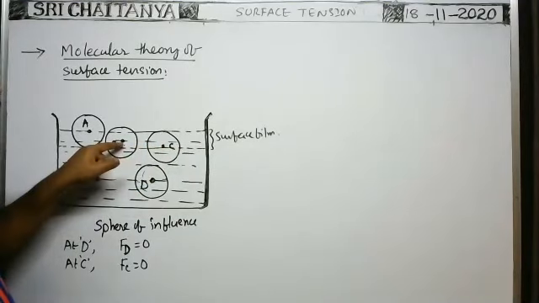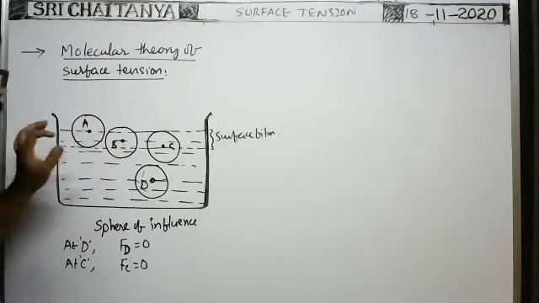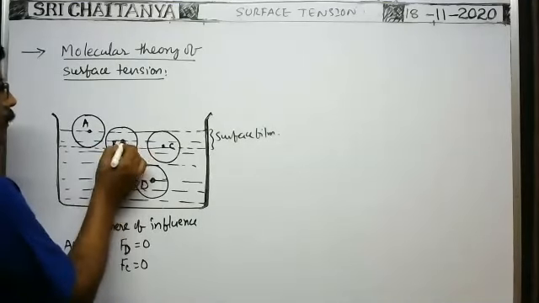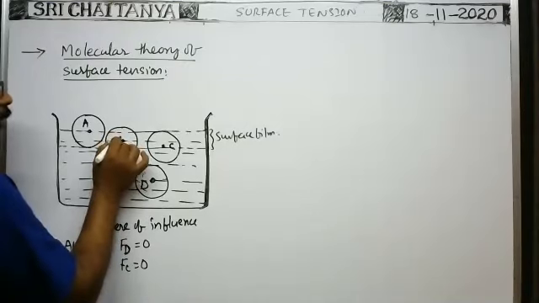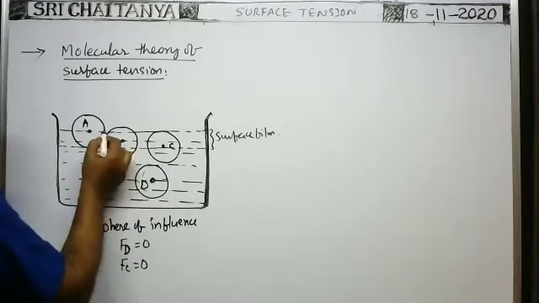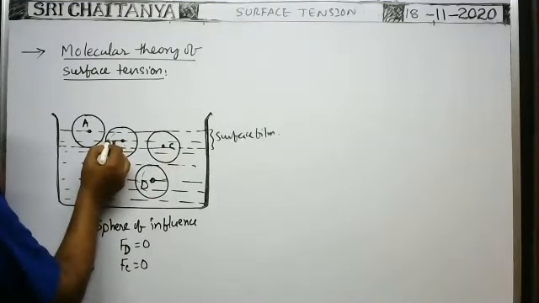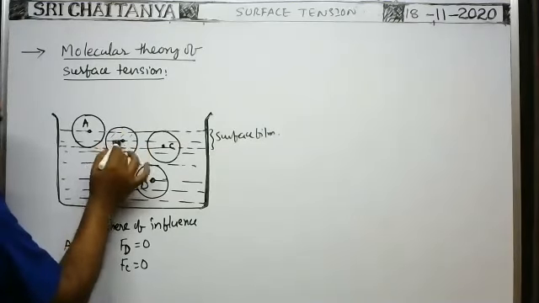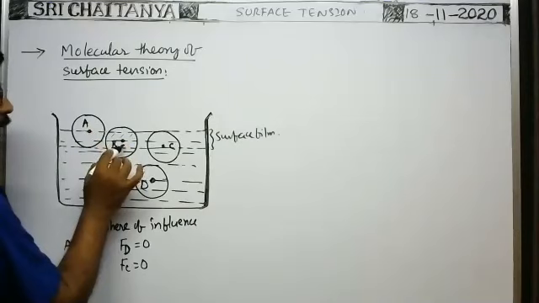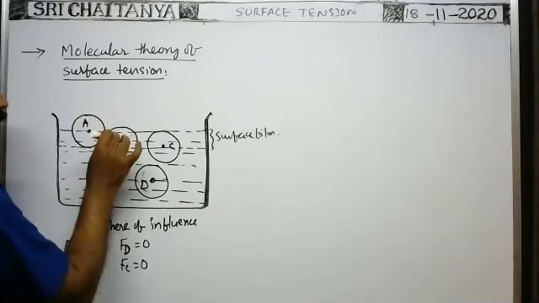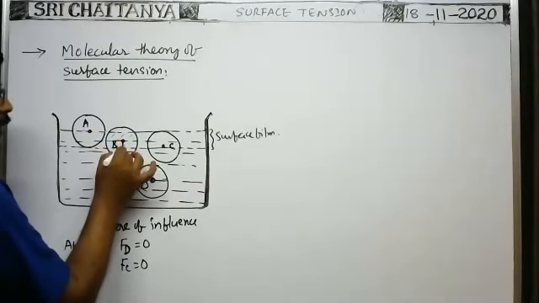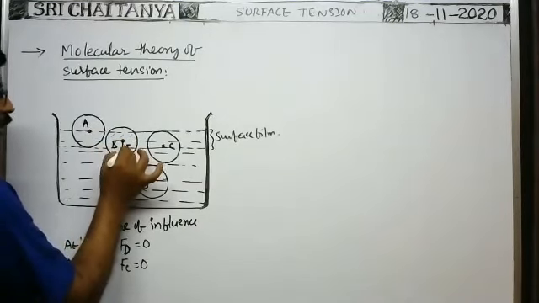But this molecule B is well inside the surface film. In this case, you see, in the lower half of the sphere of influence, the number of molecules will be greater than the number of molecules in the upper half of the sphere of influence, because the liquid surface is only up to this point. So only this number of molecules in this volume attracts the molecule upwards, and the lower molecules attract it downwards. As the number of molecules in the lower half of the sphere of influence is greater than in the upper half, there is a net force that acts on this molecule in the downward direction. Fb.